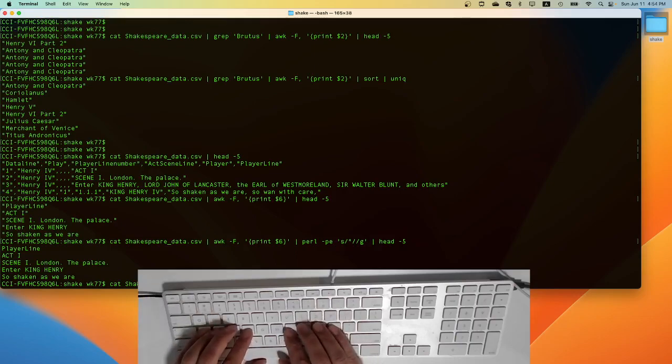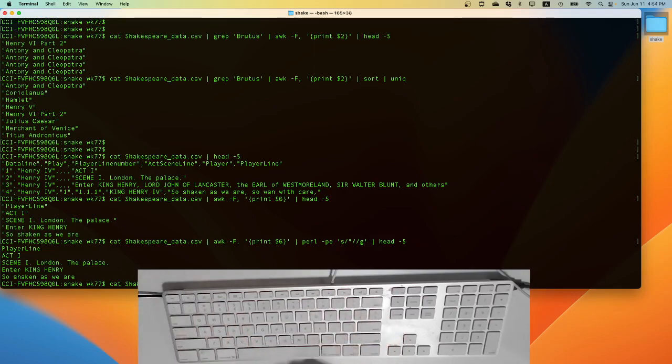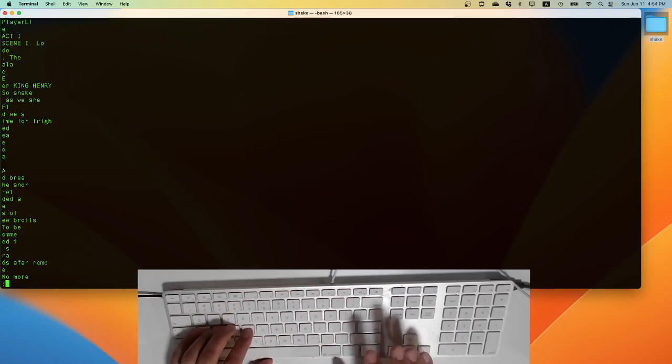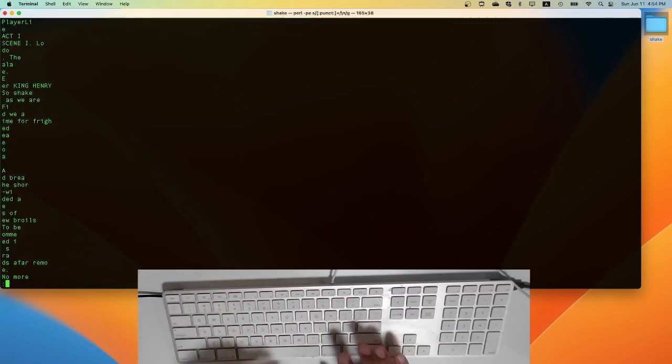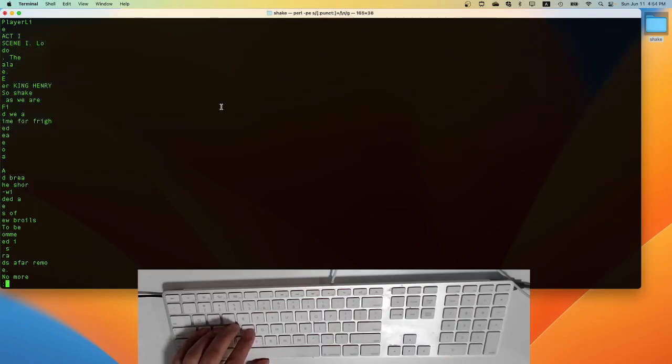So we can take a look. In order to see it more clearly, I would suggest you pipe to less, okay? So less, you enter, and you can tell, right? So now they are split into the individual words, okay? So for the punctuation,